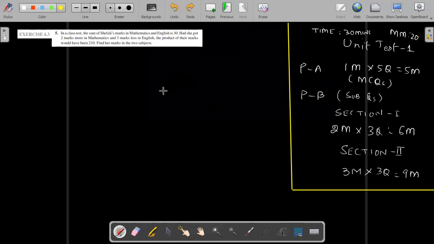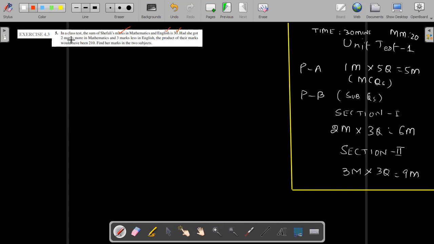In a class test, the sum of Shefali's marks in mathematics and English is 30. One girl wrote the test and got the sum of the marks in math and English as 30. Okay. Second condition: had she got 2 marks more in mathematics, 3 marks less in English,